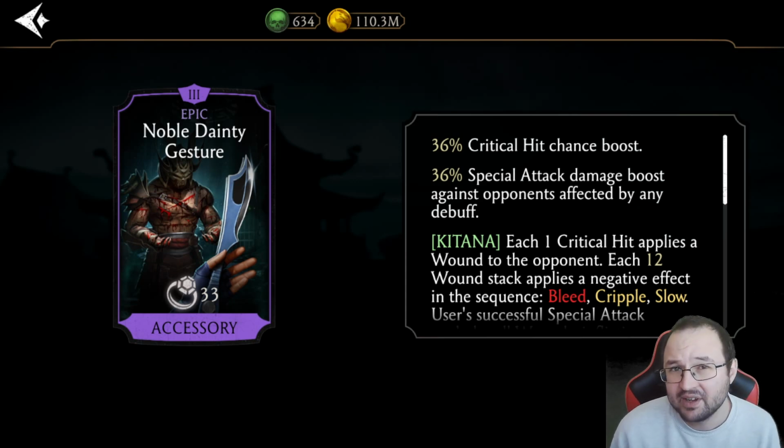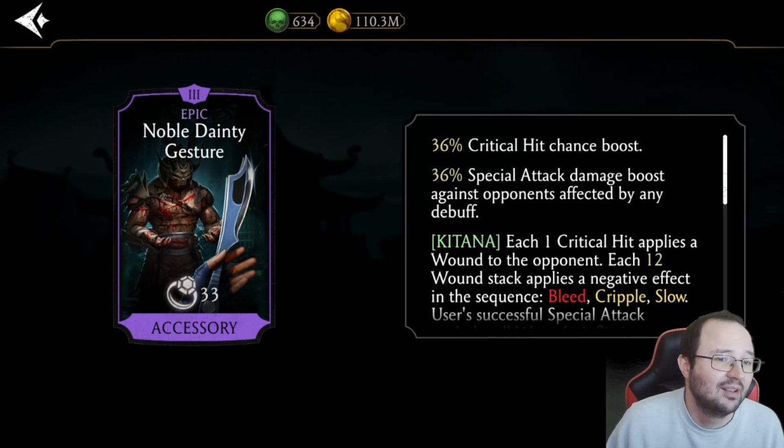I mean, by doing 15 critical hits, usually you're going to kill the enemy. Or if your Kitana is low fusion, why do you play Kitana low fusion? Anyways,